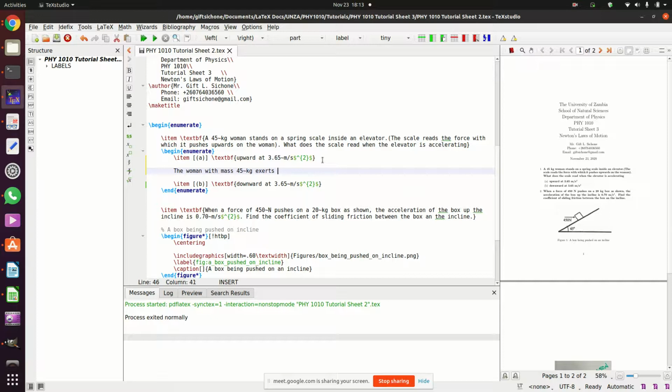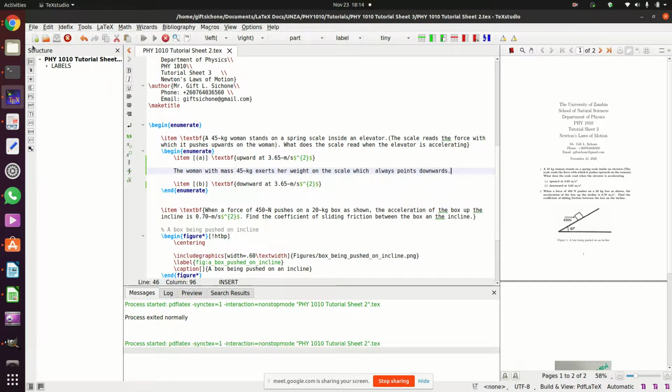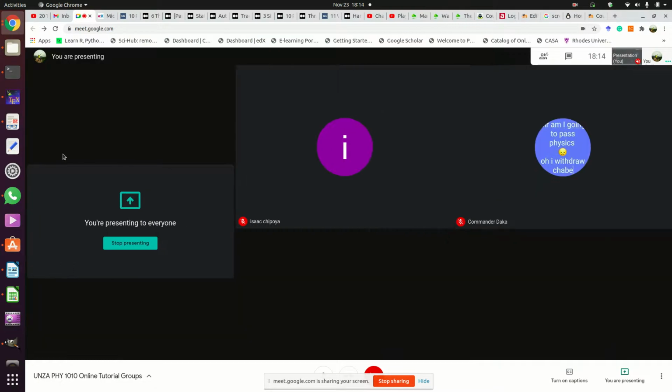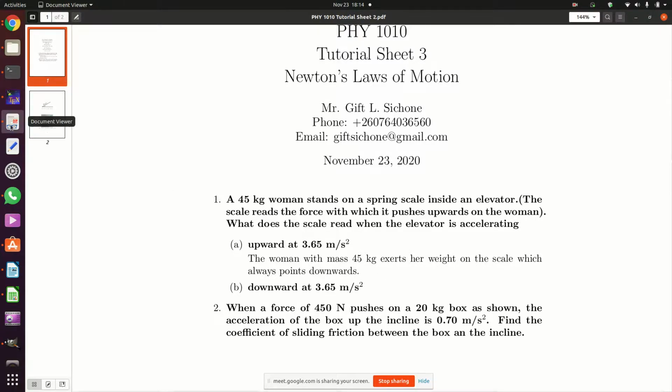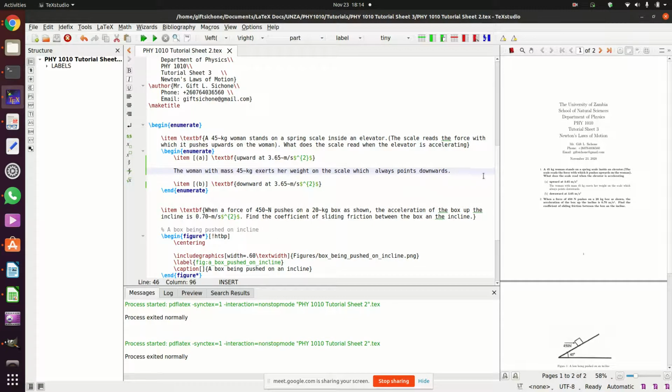exerts her weight on the scale, which always points downwards. That's the first thing. The weight of the woman. This woman has got a mass of 45 kgs. Then this weight is pointing downwards. That's the first thing we notice. That's the first thing we work out also. So the weight of the woman